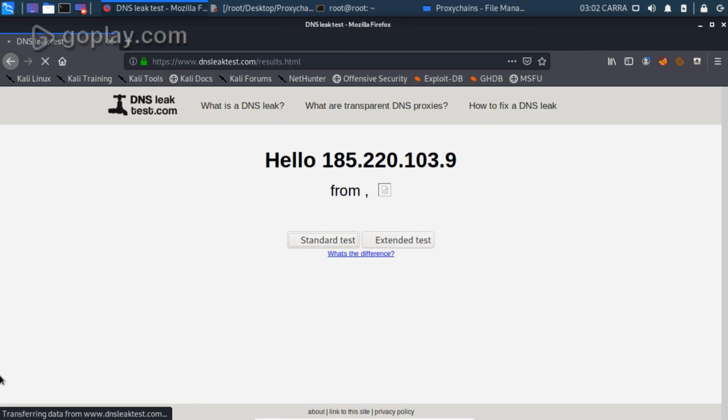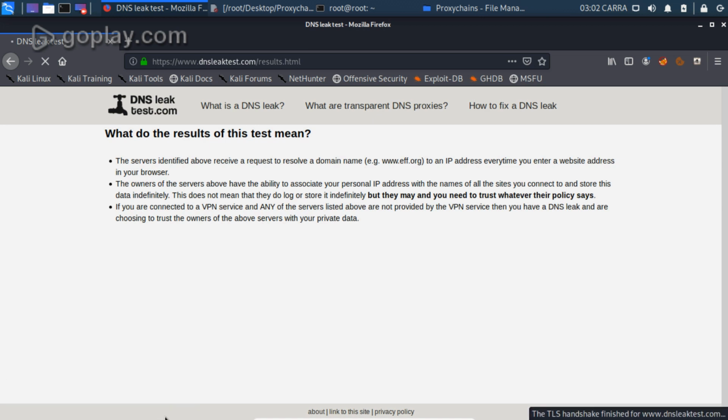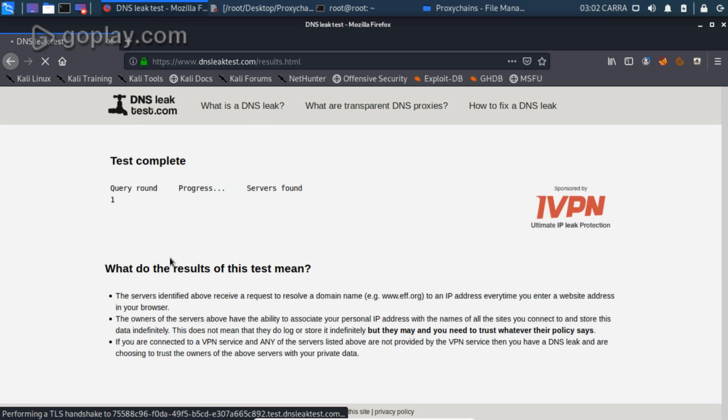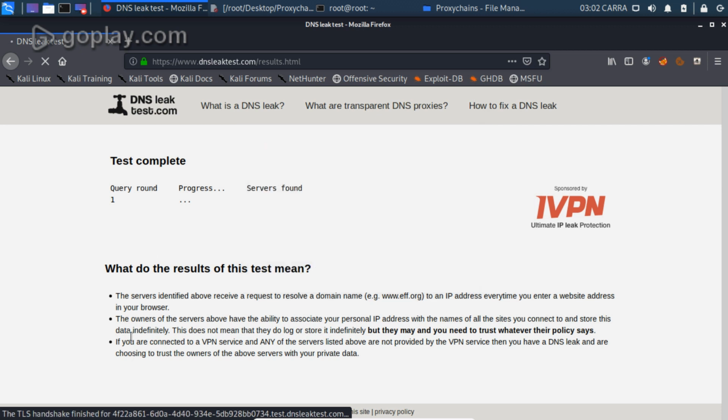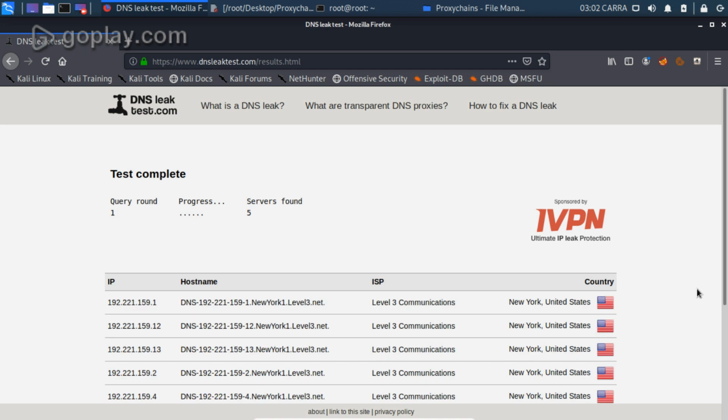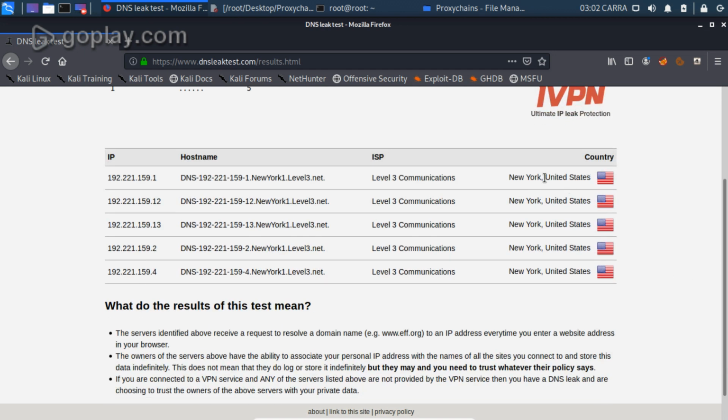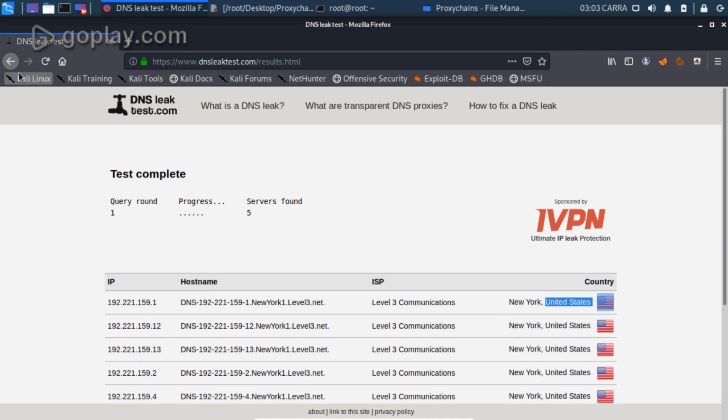Now go for the standard test. It will take some time. Let us wait. Yes, it is over. As you can see, the country shown over here is United States, US, and the ISP is not shown. So it provides us with total anonymity.